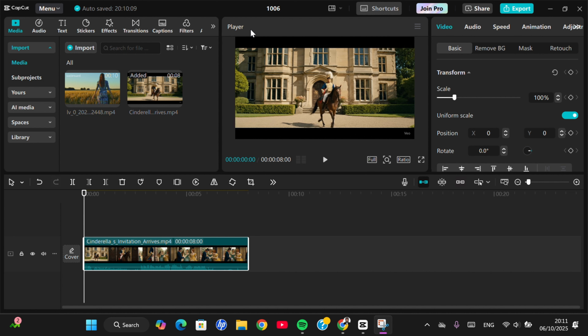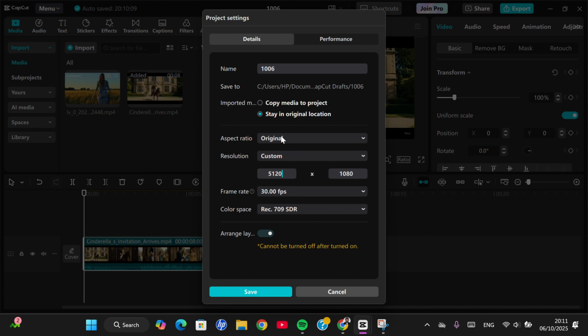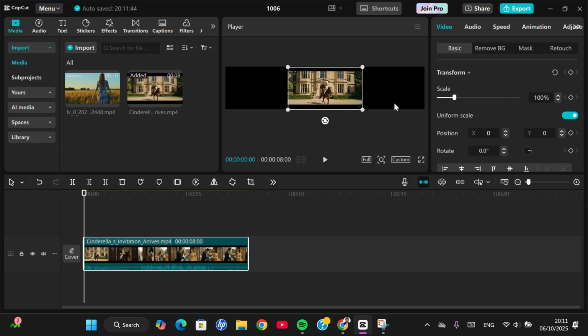And then you're going to add your video to the timeline and then go to the ratio and then you can select custom. And then you can add this ratio guys to create the viral small ratio editing. You can use 5120 by 1080 ratio. Okay, again you can use this ratio 5120 by 1080 ratio, and then you just need to click on save, and then the ratio will be applied,